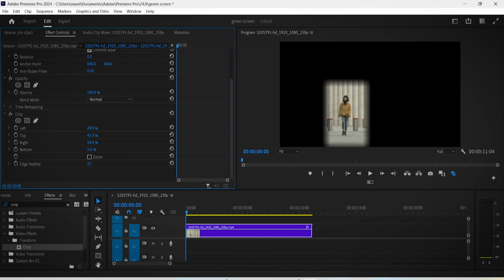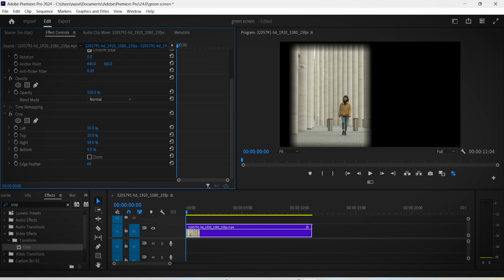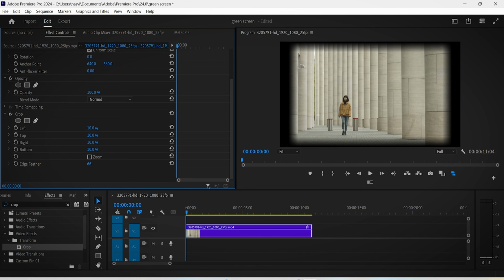You can also add some edge feathers onto it, which is pretty cool. Or you can simply crop down every edge so they all have the same value, like a 10% value for